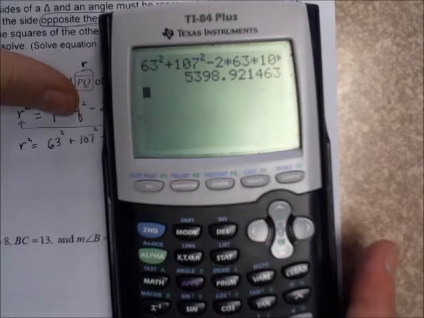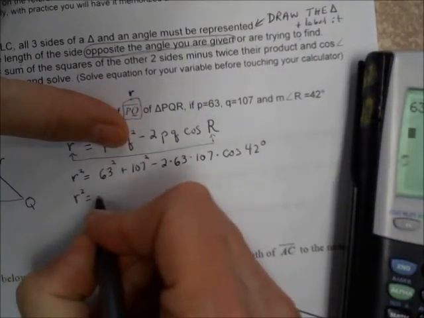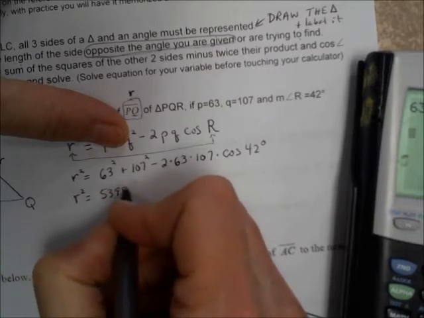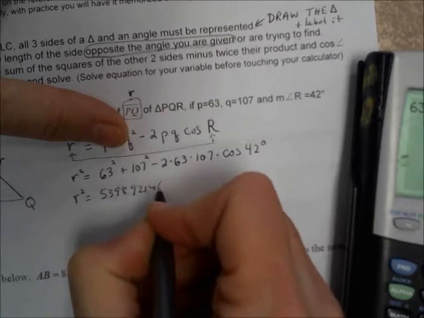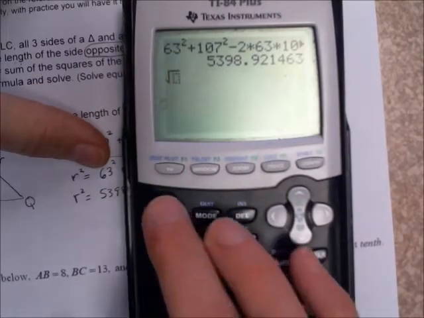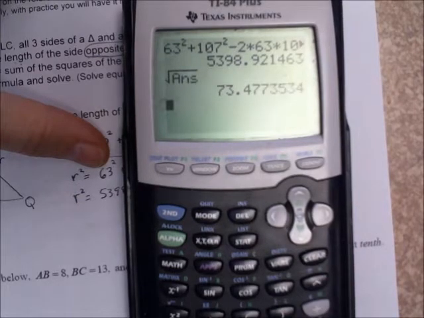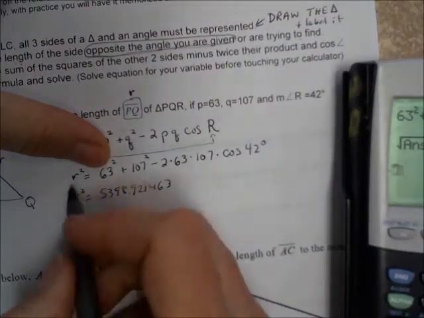And you'll end up with a long decimal, and that's what r squared is. So r squared is equal to 5398.921463. And then to find r, you take the square root of that number. So square root of second negative. You don't have to type it all over again. And your answer will be